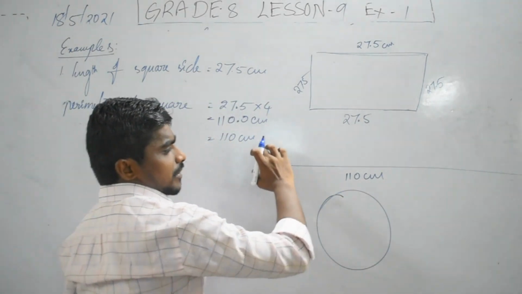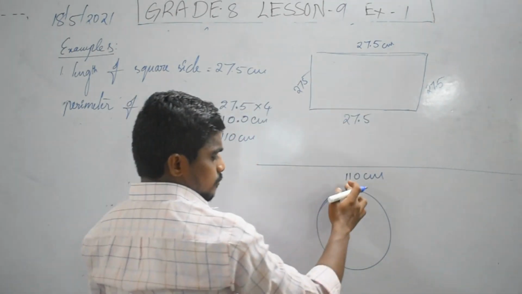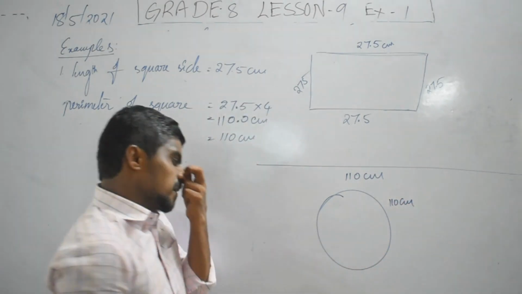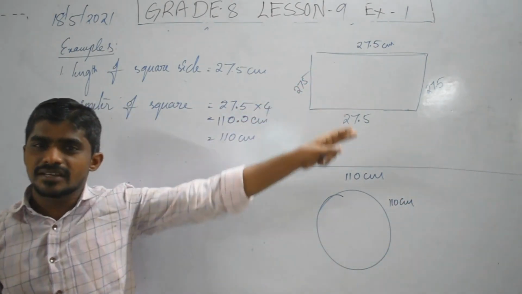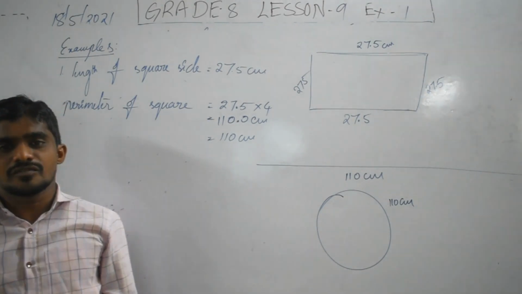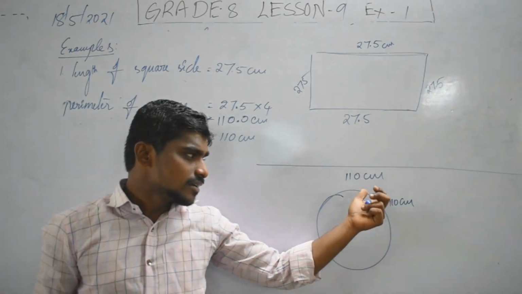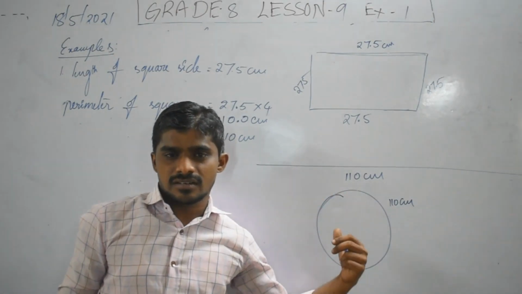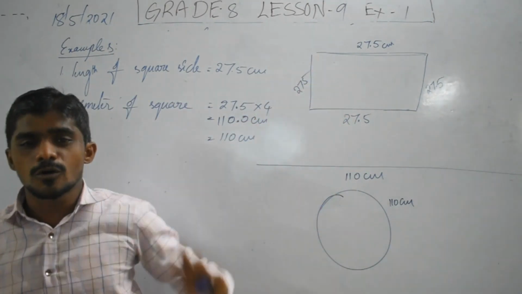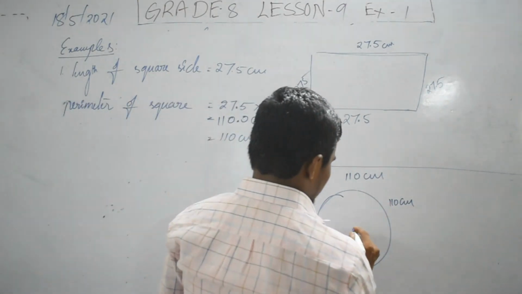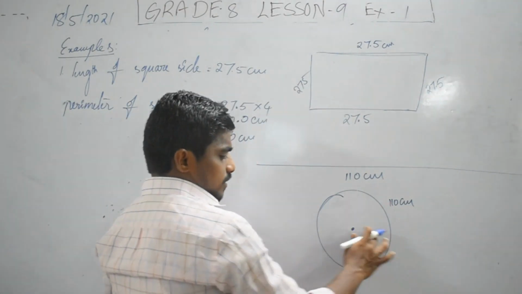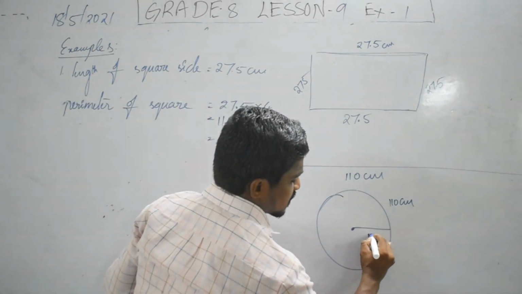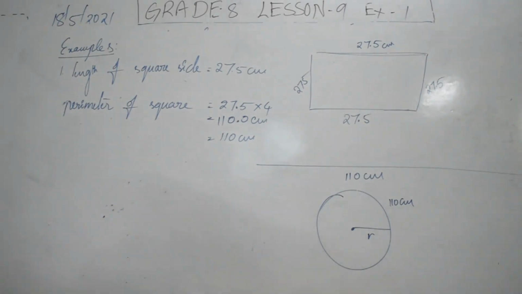So here we are bending it, forming a circle. Now, circumference, how much? 110 centimeters. Here we are using perimeter, here we are using circumference. Circumference means the length of all the curve; here it is the length of the four sides. Here 110 centimeters. Now what is the radius they are asking? Here to here, how much distance are they asking?